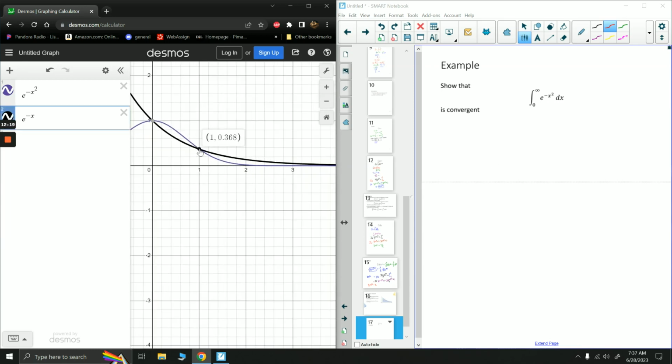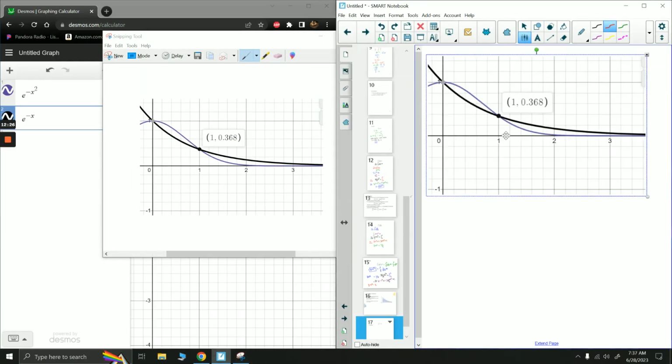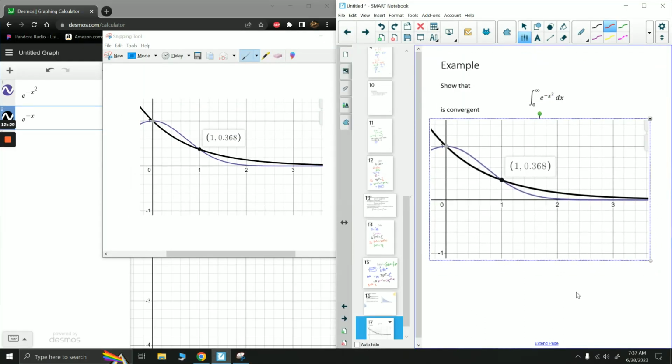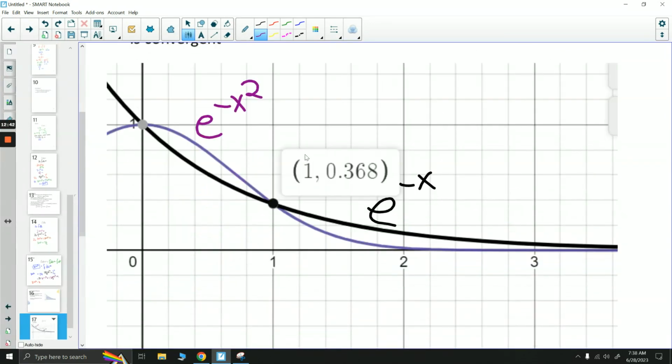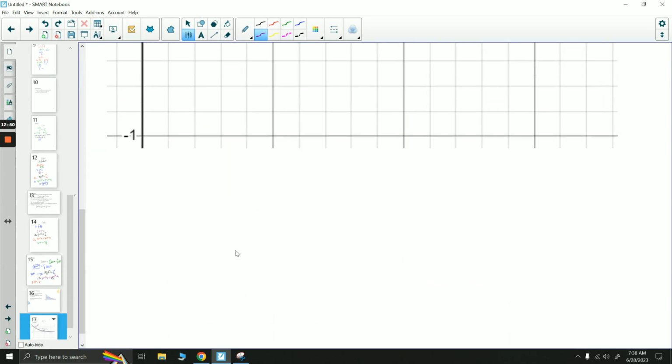Okay, so let me go ahead and snip this real fast, just so we have it on our graph here. Basically, in black we have our e to the negative x, and in purple we have our e to the negative x squared. As mentioned previously, all we have to show is that this one is greater than that one after some point. That is to say, e to the negative x is greater than or equal to e to the negative x squared